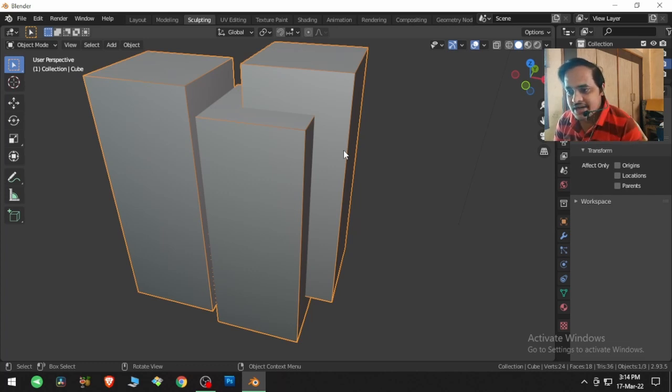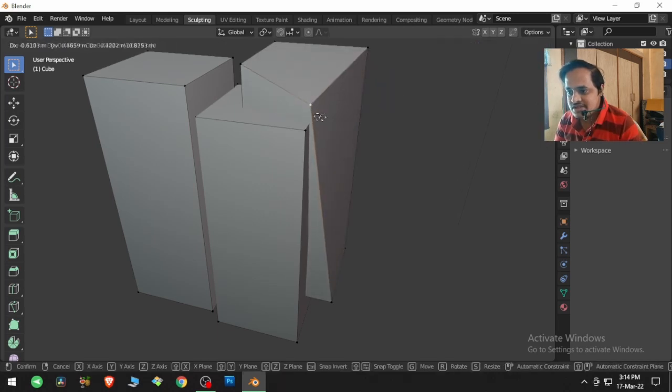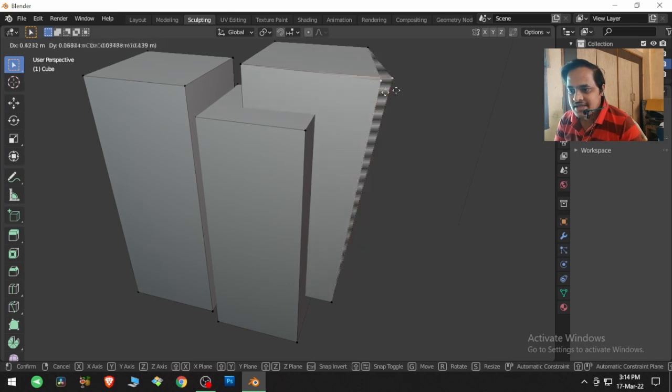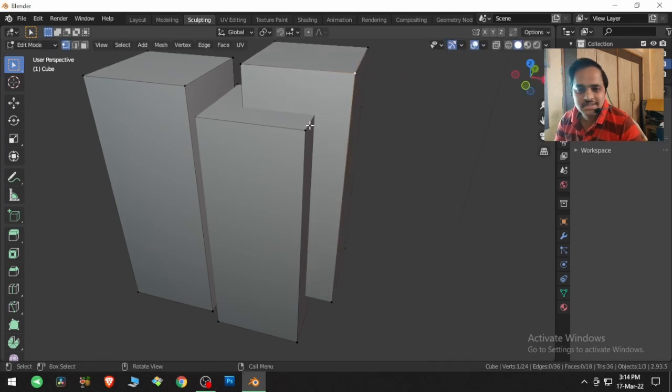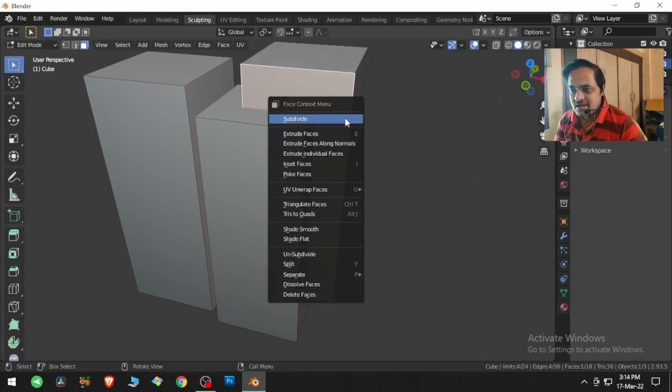So if I click on Tab, it's like religion. Even if we feel that we are one, we won't be one until and unless there is religion. So if I try to change this vertex position, you can see that there is a face inside this whole object. If I tap G, you can see that there is a face. Now